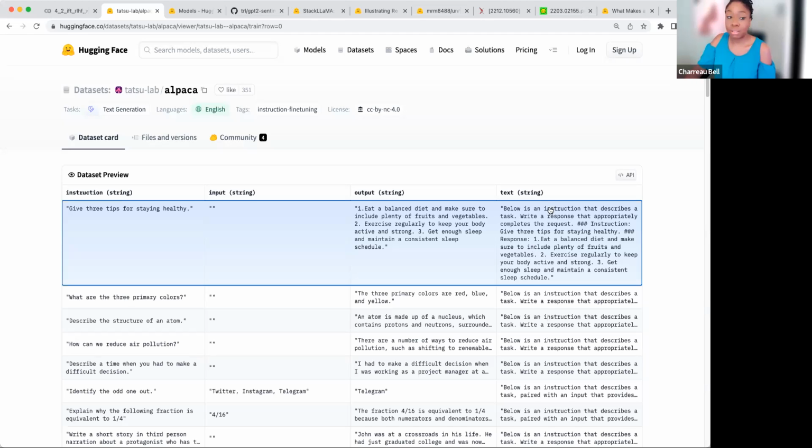This is what's given to the text part. This is what we're giving to the model. When you think about how we use these large language models, we give it this whole entire thing, like the instruction and the input, and then it generates the rest. But all these things are always in its context once it starts generating. So we give it this whole entire thing to generate upon.